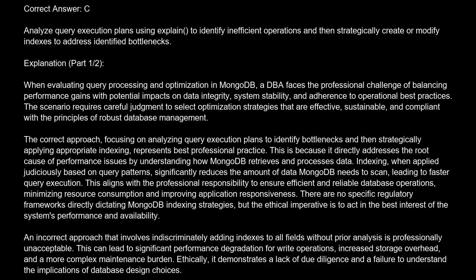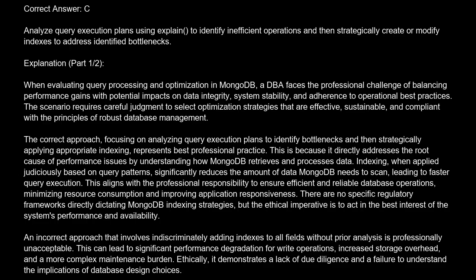Explanation. When evaluating query processing and optimization in MongoDB, a DBA faces the professional challenge of balancing performance gains with potential impacts on data integrity, system stability, and adherence to operational best practices. The scenario requires careful judgment to select optimization strategies that are effective, sustainable, and compliant with the principles of robust database management. The correct approach, focusing on analyzing query execution plans to identify bottlenecks and then strategically applying appropriate indexing,